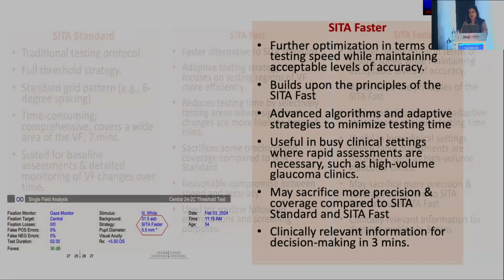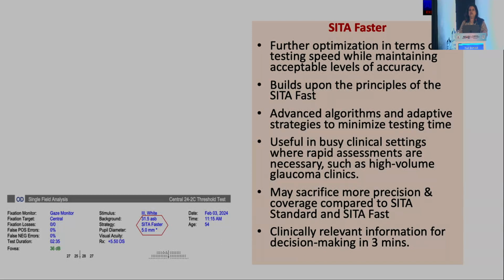Coming to the newer kid on the block, that is SITA Faster, which is available with HFA3, it further optimizes in terms of testing speed while maintaining an acceptable level of accuracy. It builds upon the principles of SITA Fast. The clinically relevant information you can get in 3 minutes, quite fast,